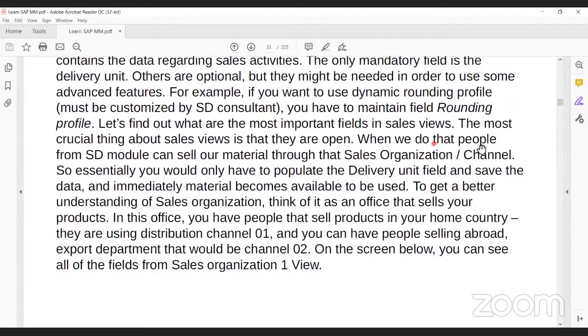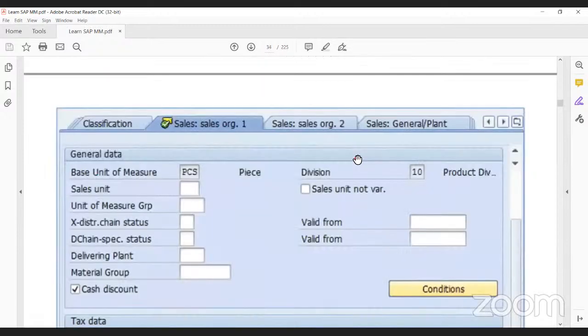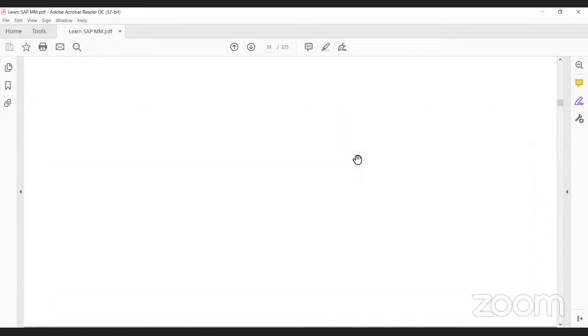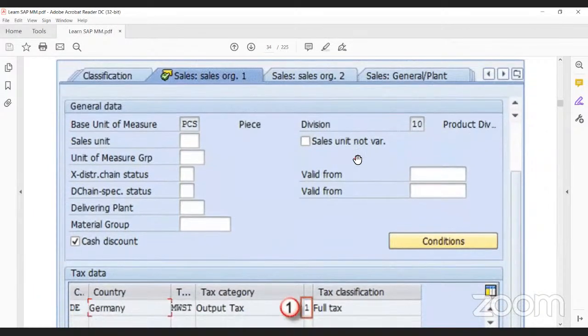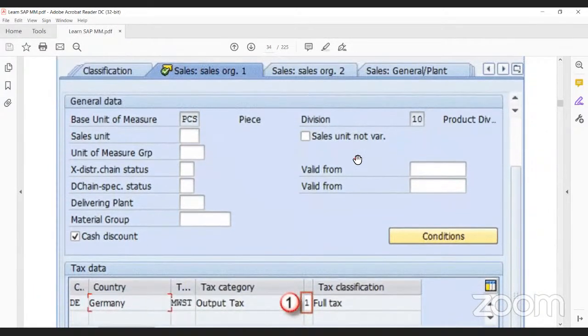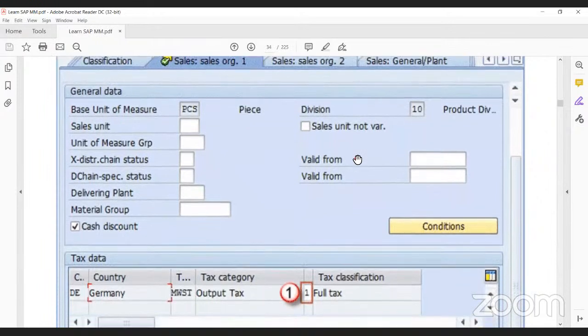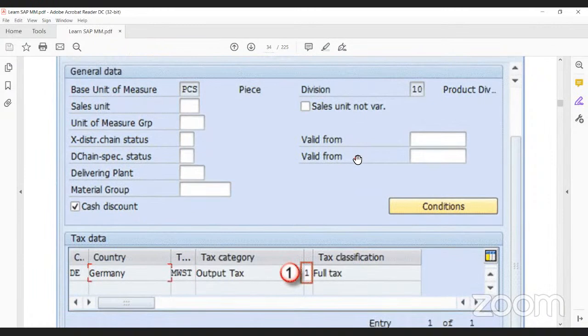Sales views are opened when we don't have people from the SD module. This sales organization basically comes under the SD module. Okay, this is a very vast concept that will be covered later by the SD division, the sales and distribution team, and those classes will cover the sales module. So here, in sales organization data 1, if you go to this tab,